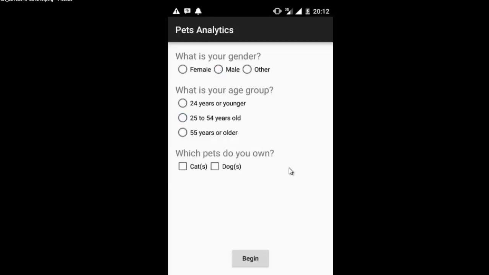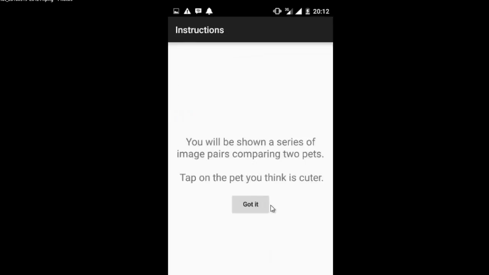Okay, the first activity is empty because you should set the clickable to false. This is followed by the second one, where I made selections on the form. Now the third one